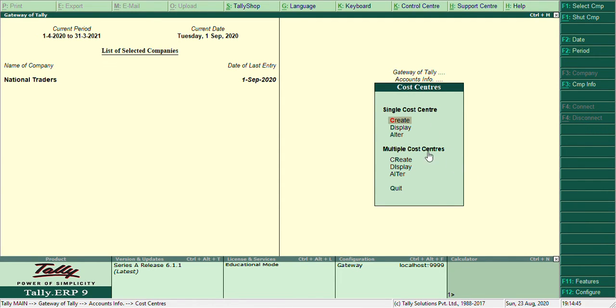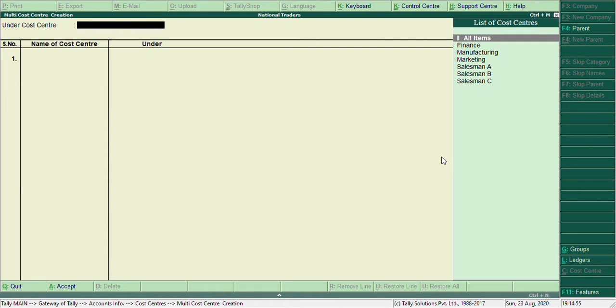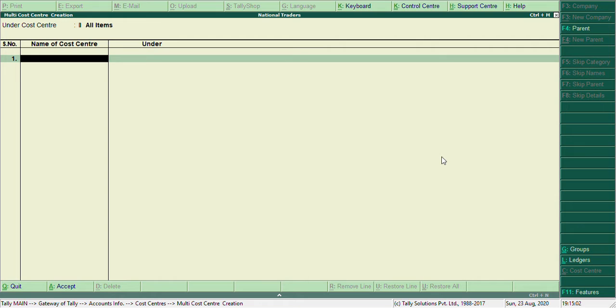You can create all the cost centers under multiple mode also. So you have to go to the create option under multiple cost centers. Go to create, select all items. When you have selected all items, you will be shown all the cost centers you have previously created, or it will allow you to take it under primary. If you have to create a new cost center, type its name.